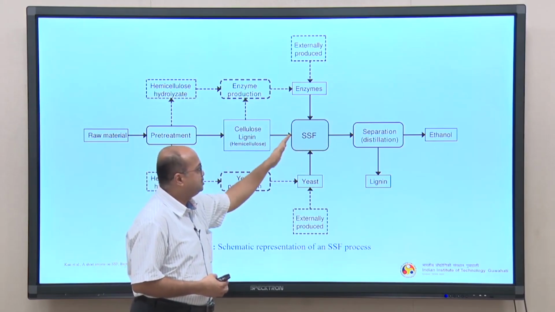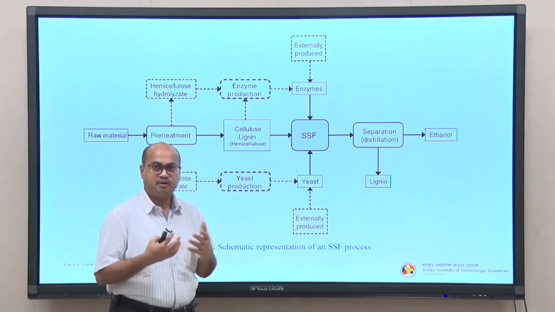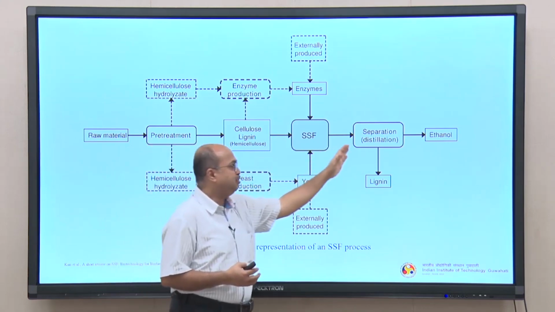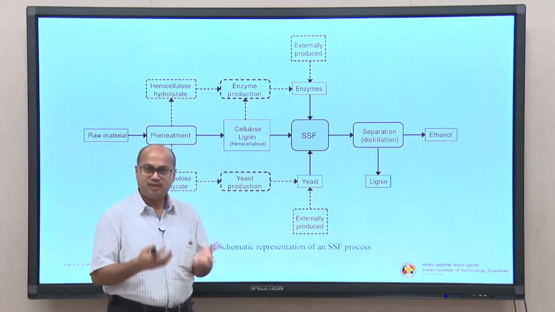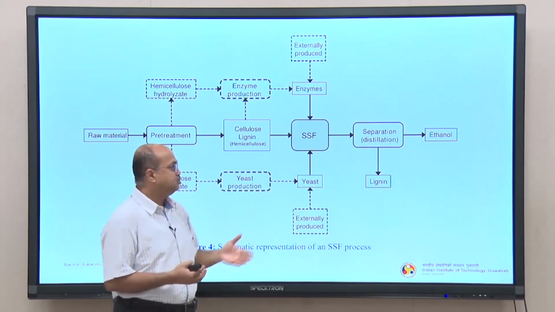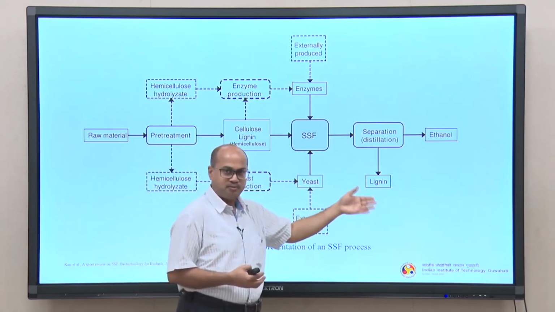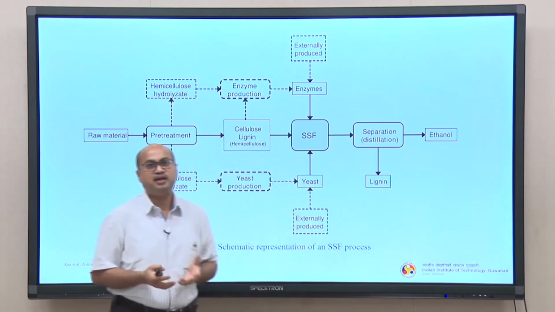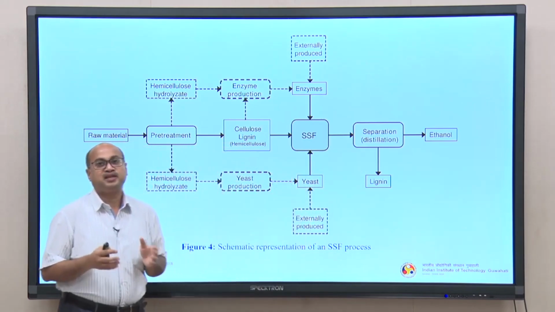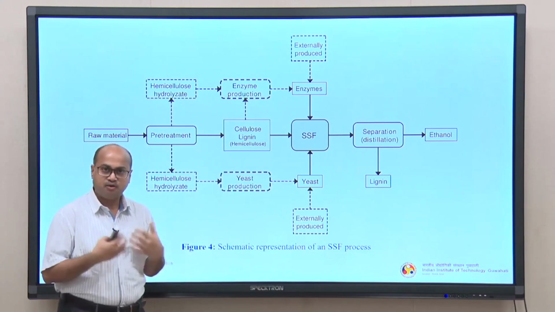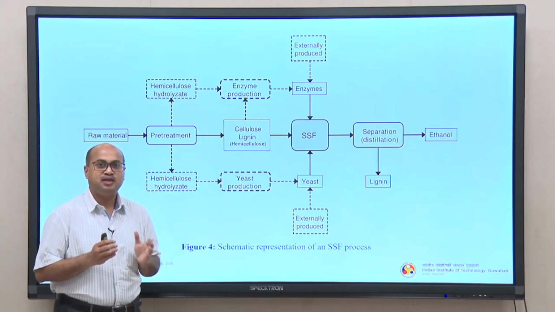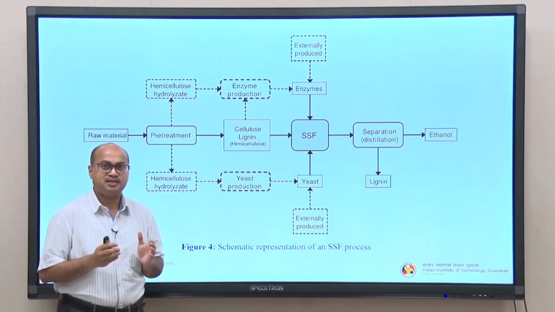So, once saccharification and fermentation both happen, the product can be taken out and it goes to a separation unit, usually distillation in case of ethanol. Then you get a lignin rich product here, and you get a pure ethanol there. You may need some intermediate steps which are not shown here, as I told you many times. This is just to understand what the basic unit operations required for an